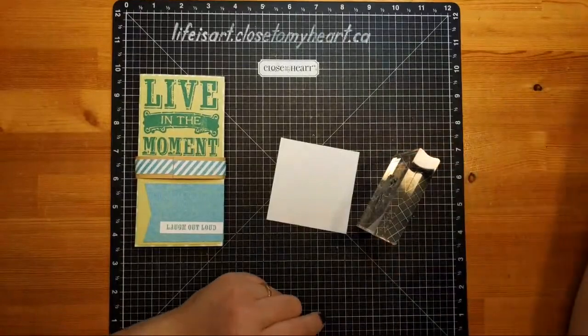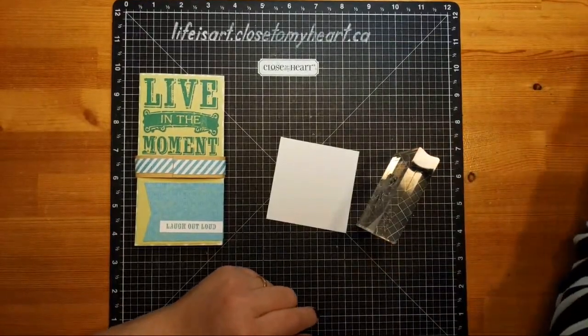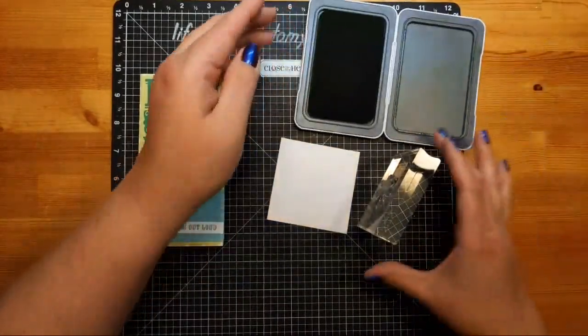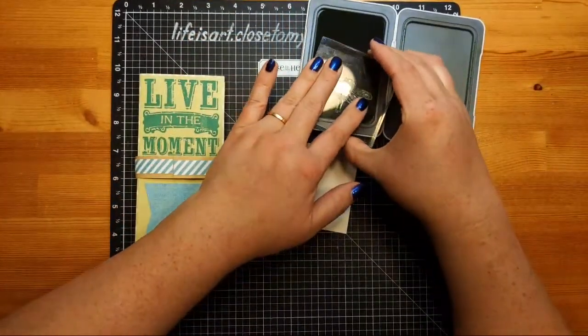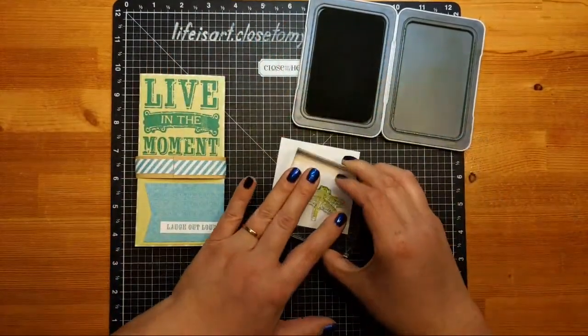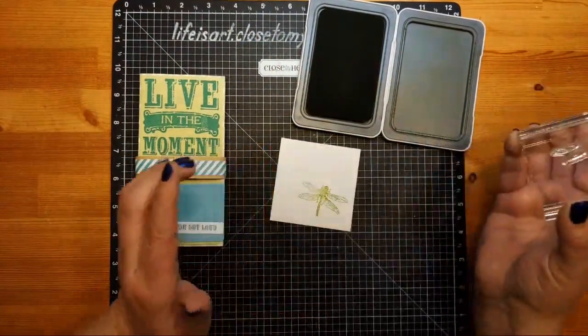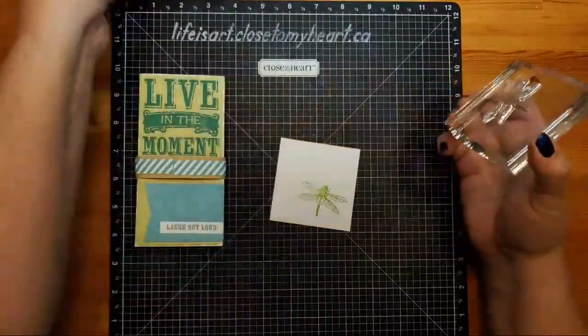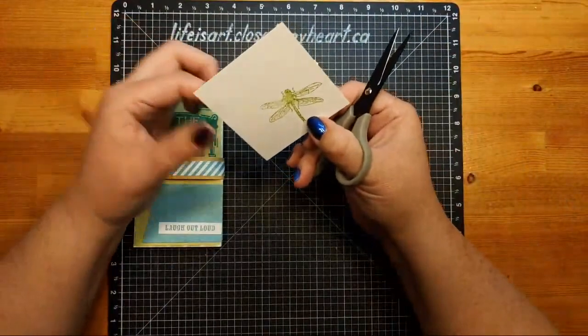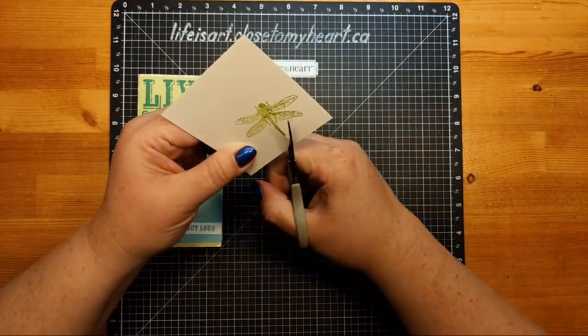Yeah, maybe let's go for the Limeade. Let me just grab that. Limeade. We're just going to keep it kind of tone on tone. Plus, their wings are kind of iridescent and see-through, so the Limeade is nice and light and has that vibe. So let's go ahead, and we're going to need to fussy cut this out,